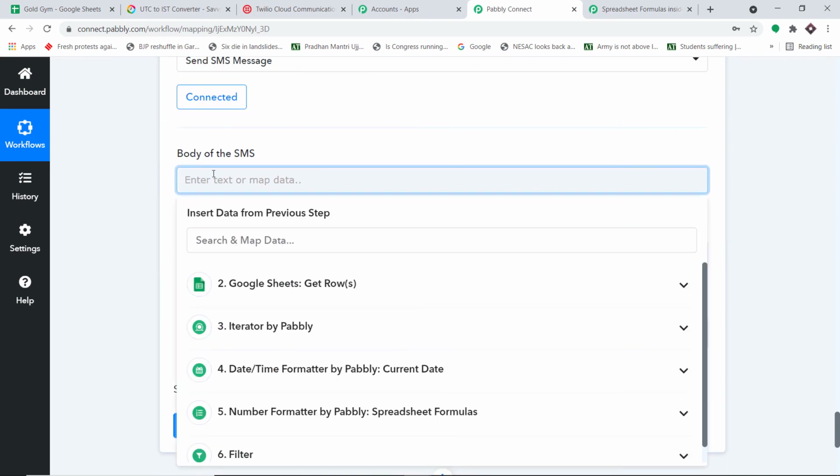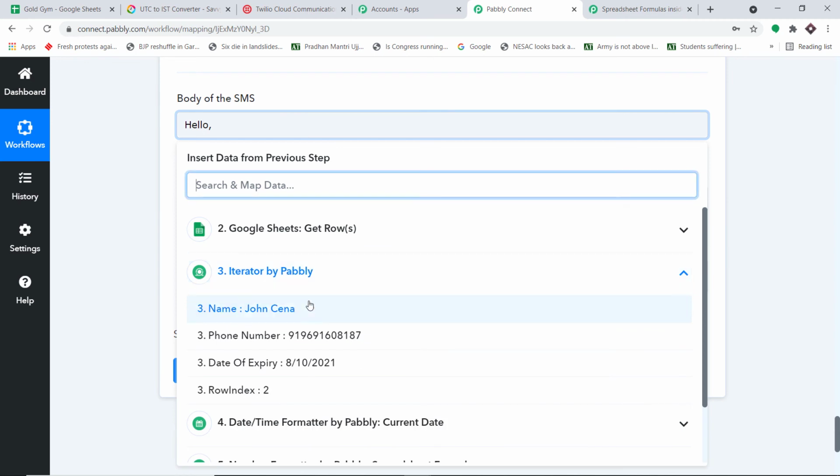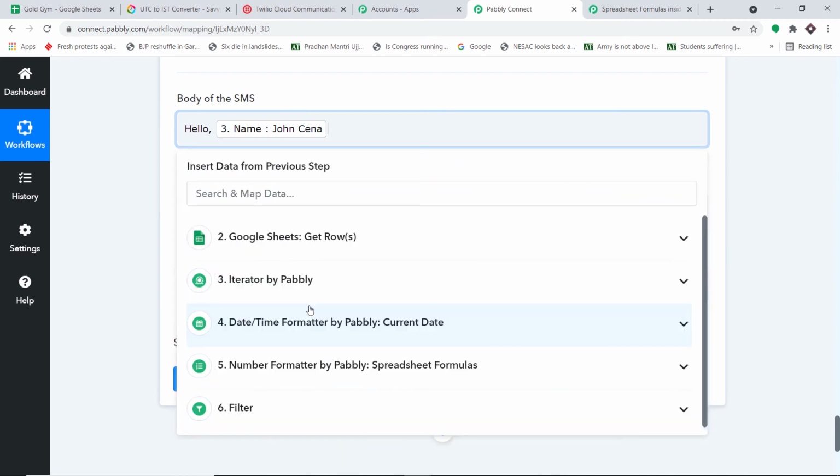The body of the SMS would be something like hello, and after that comma, because the SMS messages are not usually that big, so a very simple message will do. And let me just add the name of the person. Hello, John Cena. Your gym membership will expire in,